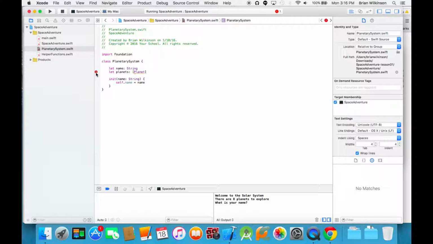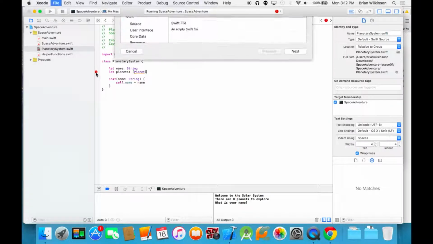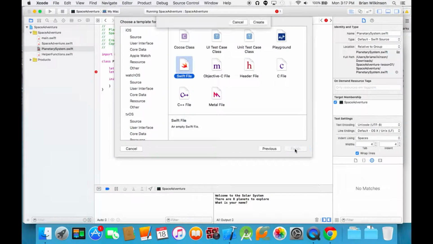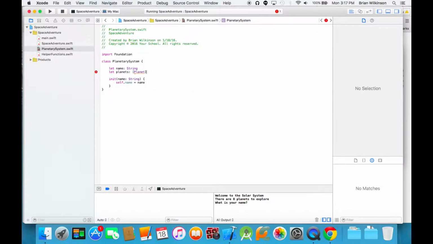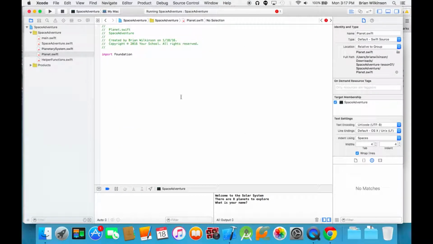But I have an error because Xcode has no idea what a planet is. So we actually need to define that. So we need a new class that will do that. So I'm going to hit Command N, a new Swift file. I'll call it planet. And I'll create a class planet with curly braces. Now if I go back to planetary system,